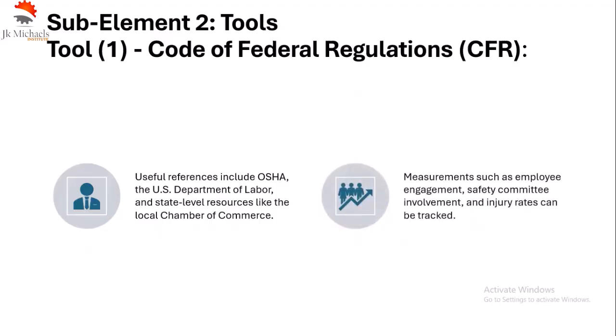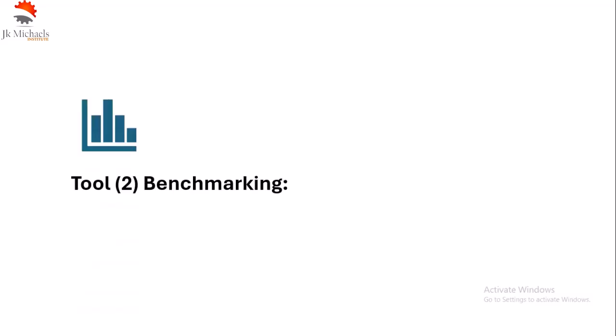And then we also want to make sure that we're measuring indicators like employee engagement, safety commitment engagement, and injury rates. We want to track and record the downward growth of these negative incidents. By downward growth, I mean negative growth, or a decline. I've always said that negative incidents in a well-functioning manufacturing environment should tend towards zero. In other words, if it's not zero yet, it should be gradually declining towards zero.